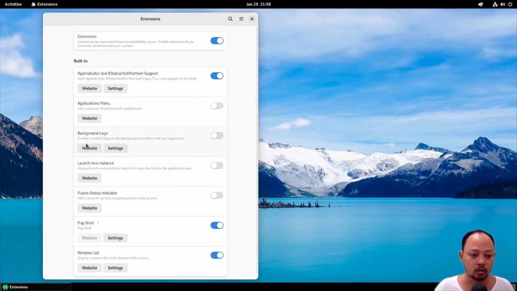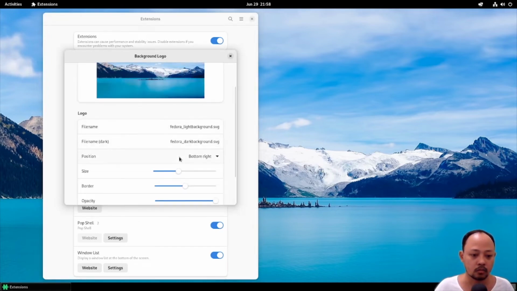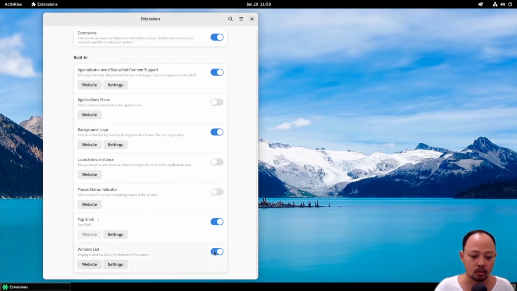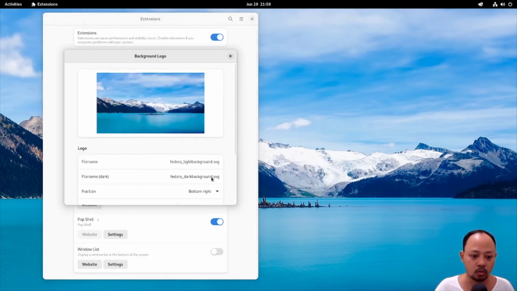I don't know what it is. Position bottom right. Maybe in here will appear something like a logo. Wait, I will disable this and the background logo.